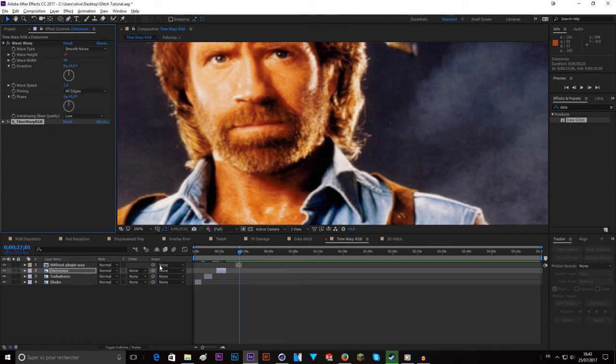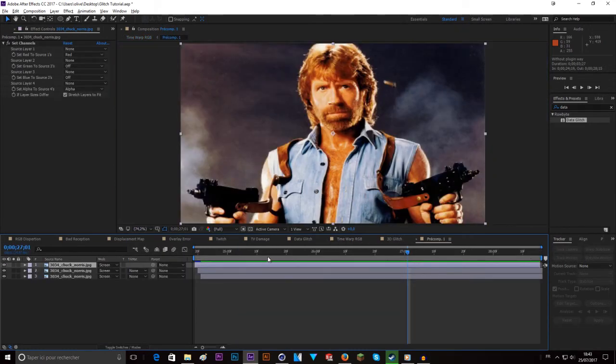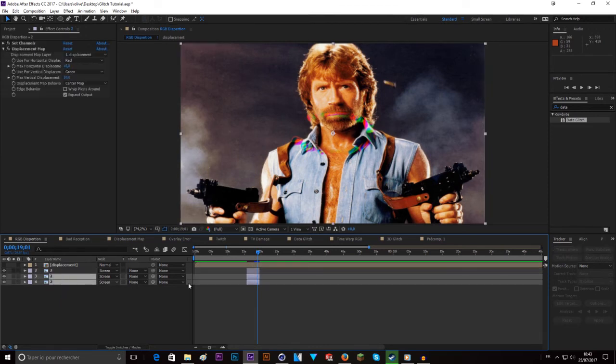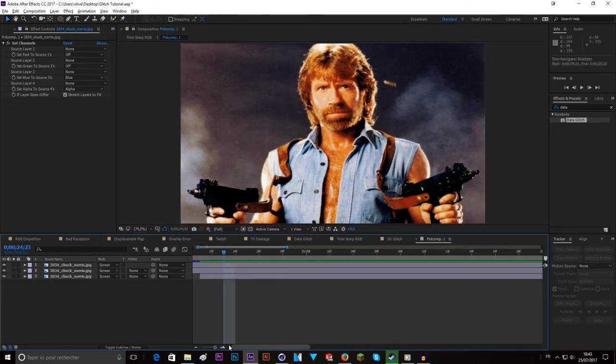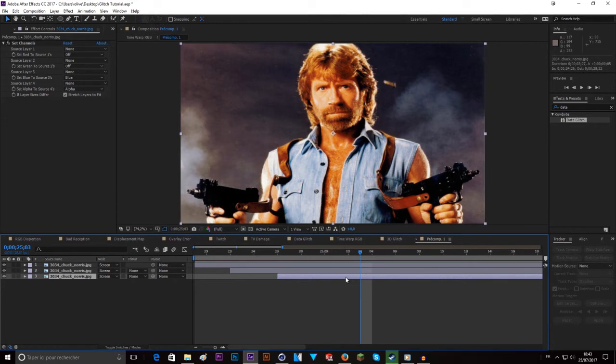without plugin. So here I have a little composition that explains it. It uses the principle of the RGB displacement at the beginning of the video. Here I have 3 pictures with set channel red, green and blue, and all you have to do is offset the layer by 1 frame or 2 frames, or however many frames you want,